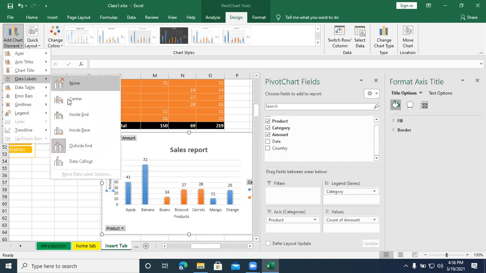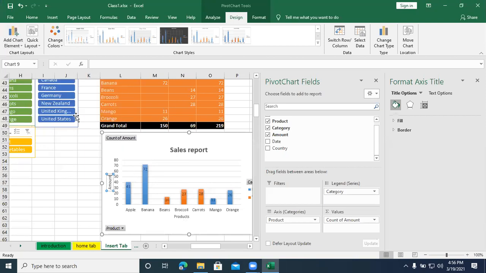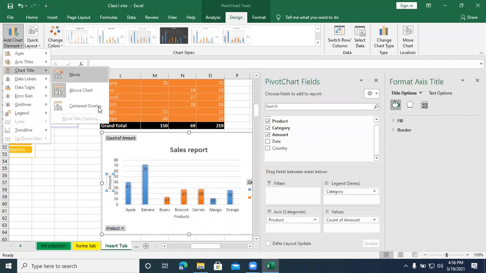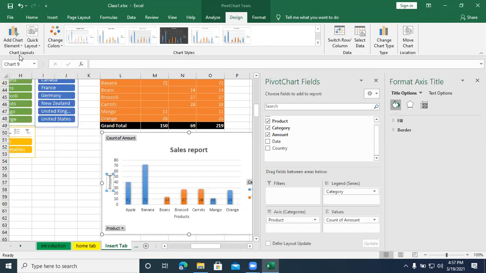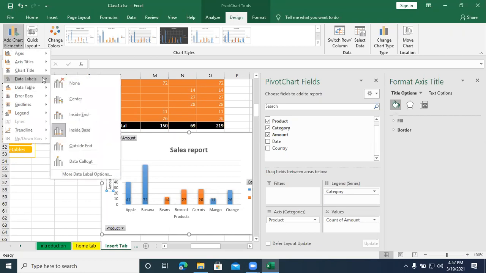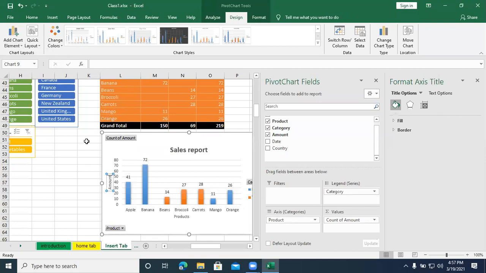Then data labels. Whether you want it at the center, inside end, see, this is how the data labels will change. Inside base, outside end. You have data table.